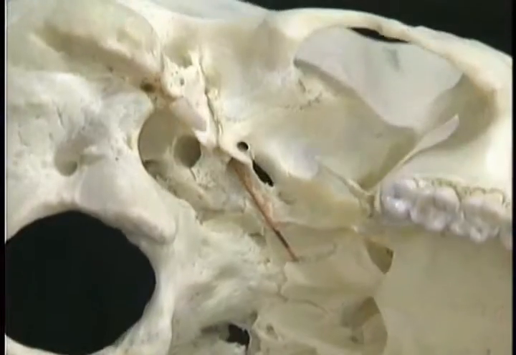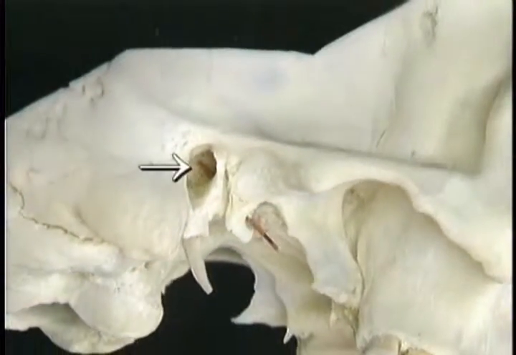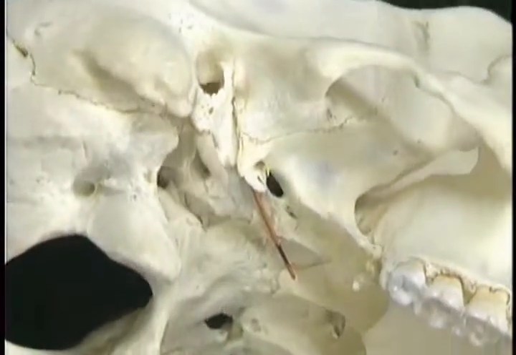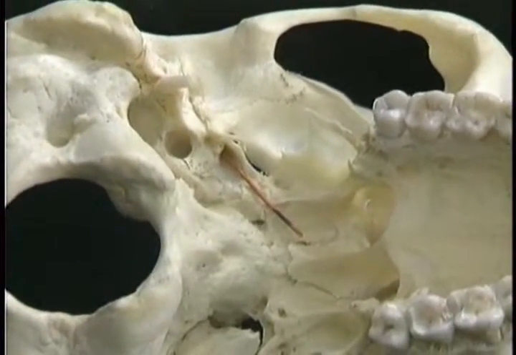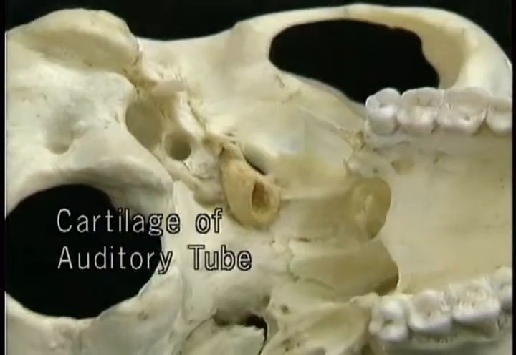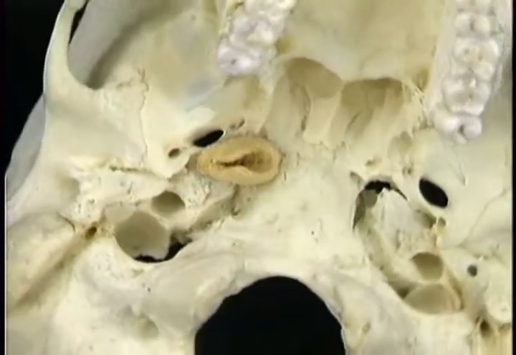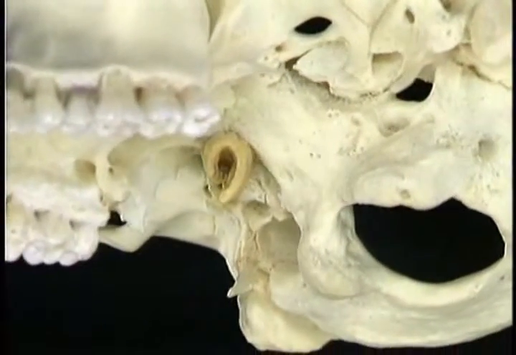The auditory tube passes backwards and laterally to emerge here in the middle ear. The auditory tube is longer than this. Medially, it's prolonged by a tube of cartilage, represented by this colored material. The auditory tube opens into the nasopharynx,